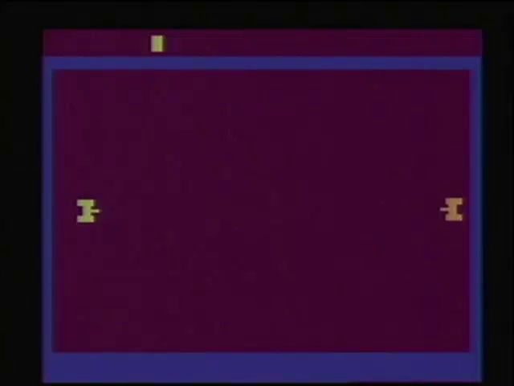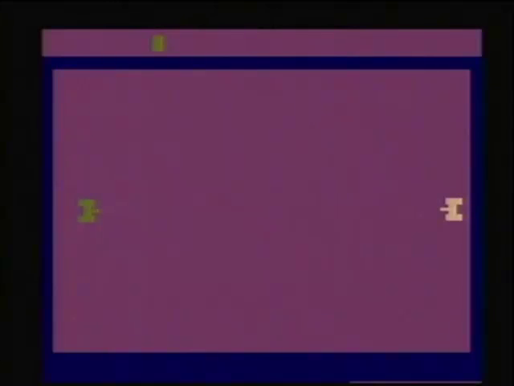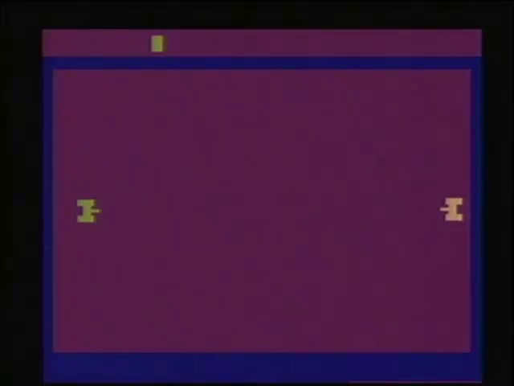I'm gonna play Combat for the 2600. Now, this is basically a two-player game, and only a two-player game, so it may seem boring if I'm playing by myself, especially since the other player isn't even moving. I don't think there's any CPU options, so...